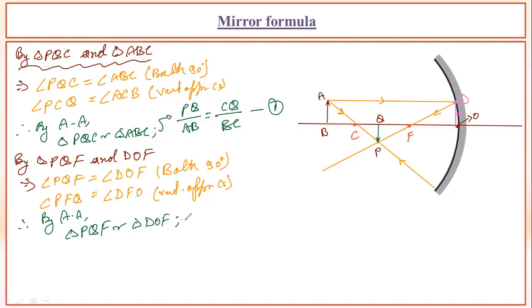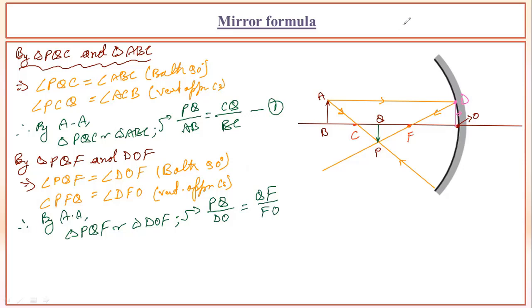And when they are so, then again we can establish the relation of their sides in a proportion form. So we can say PQ upon DO is equal to QF upon